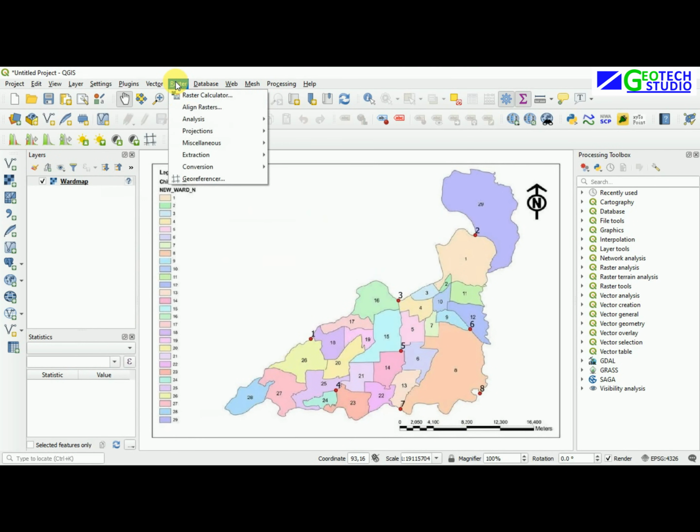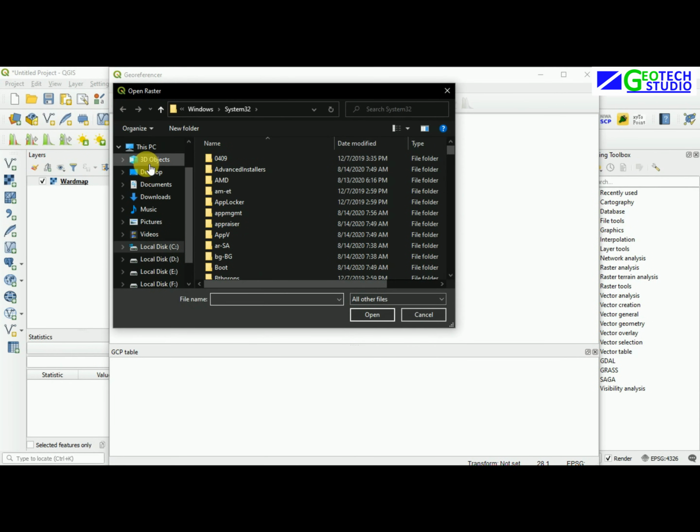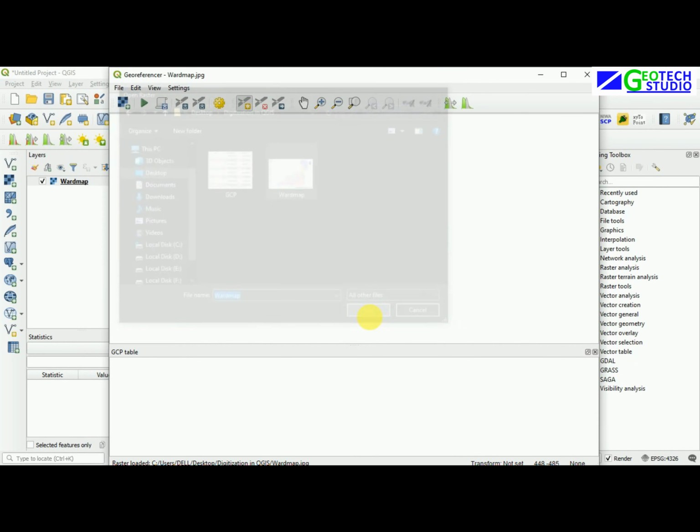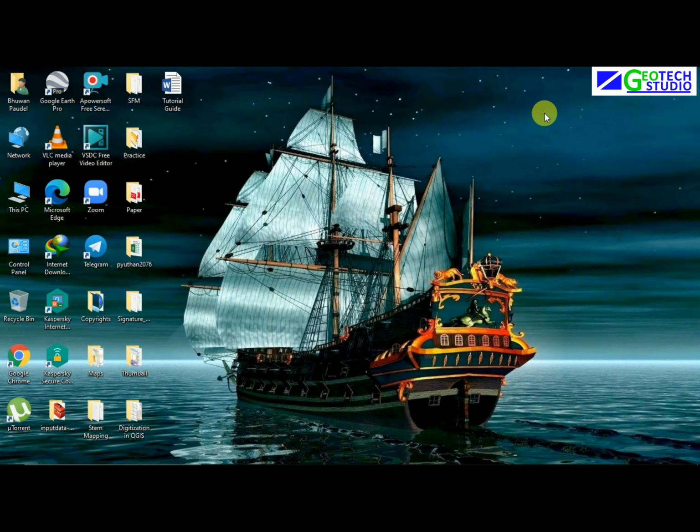And now you can see it here. This is the georeferencer, and now we have to add that image which we want to georeference in QGIS here, and open it. After that, you can simply